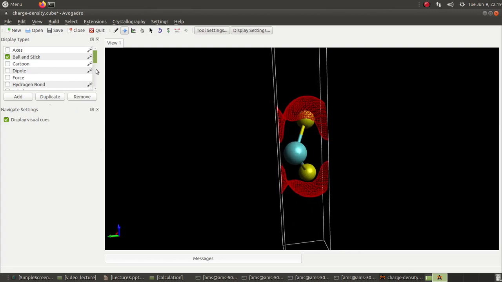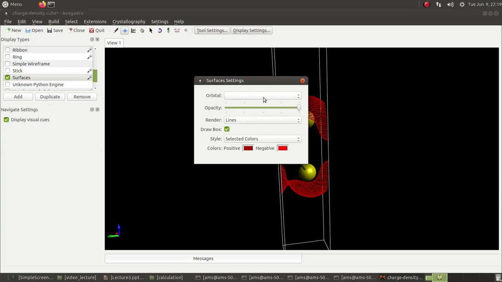to customize the plot, you scroll down on this menu, display types. You have this list, and there you can scroll down and look at the surfaces. This is the control of the isosurface, how it looks, how it is rendered, and you can click on the gear sign. So this is showing you the settings, and there I can change the opacity using this slider.